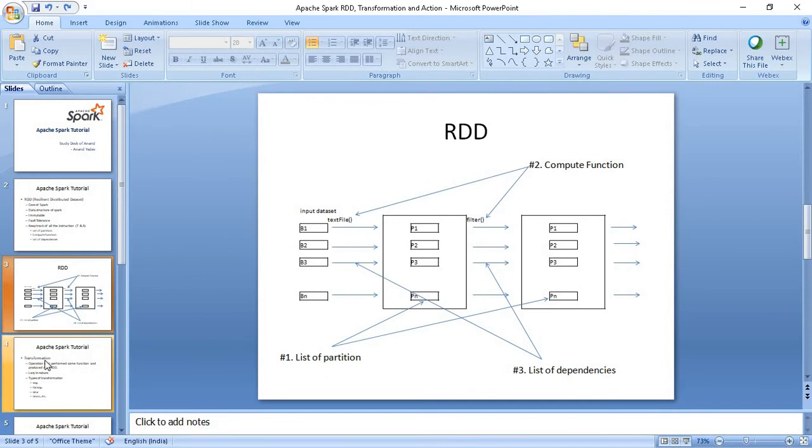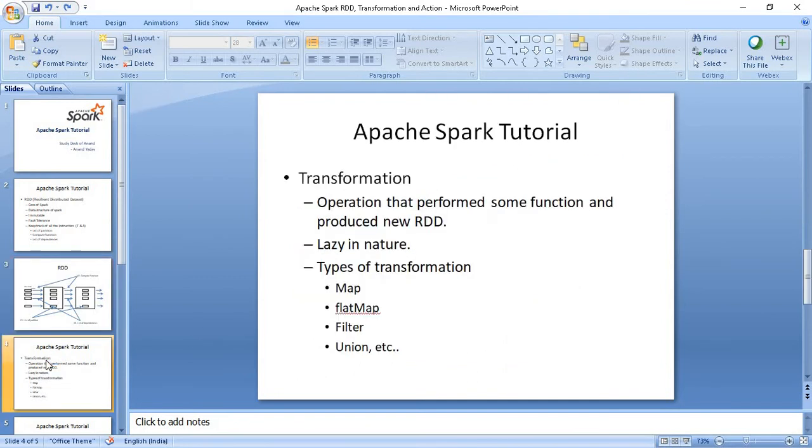Now next we are going to see some transformations and actions. These are the operations in Apache Spark. So let's see them one by one. A transformation is an operation that performs some computation function and produces a new RDD.